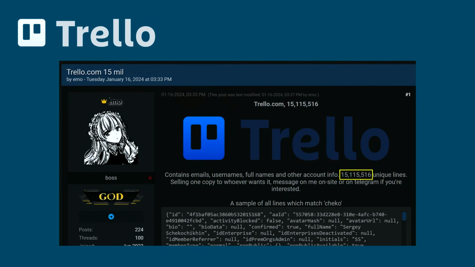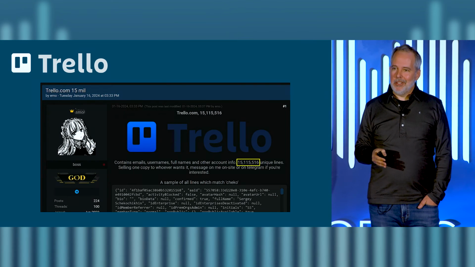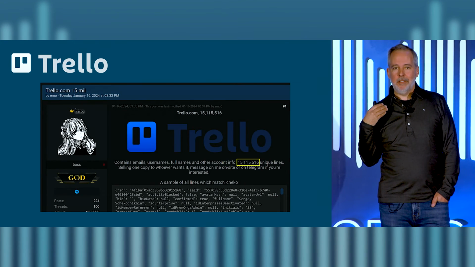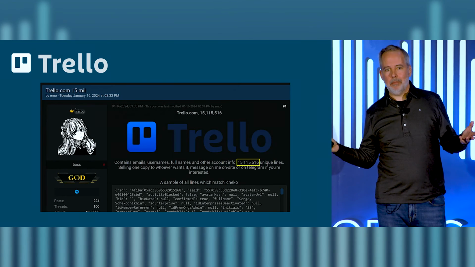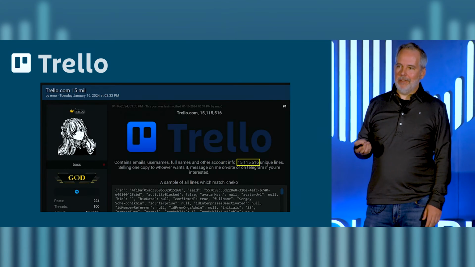Trello, this is from a month and a half ago. It's a lot like Duolingo. There was an API where if I want to invite you to my Trello board, I can use your email address, send a request, and so forth. So somebody found an API that powered this, and it accepts an email address as the input. And this was wide open again. No security, no password, nothing. So you send in an email, and it will reply if that's a user, and if it is, their Trello public profile data. So this became valuable.